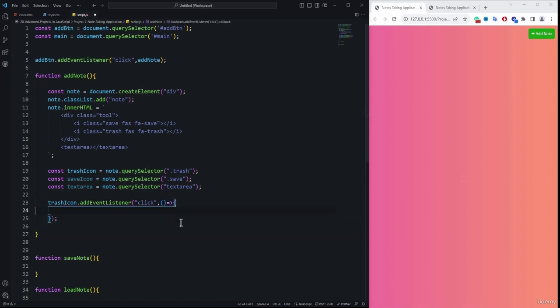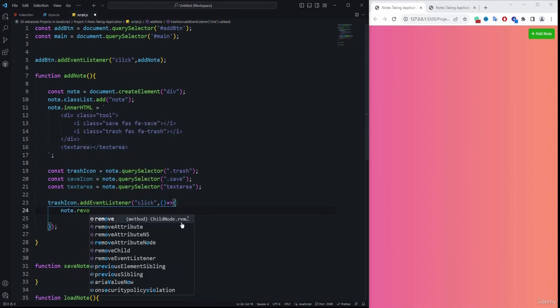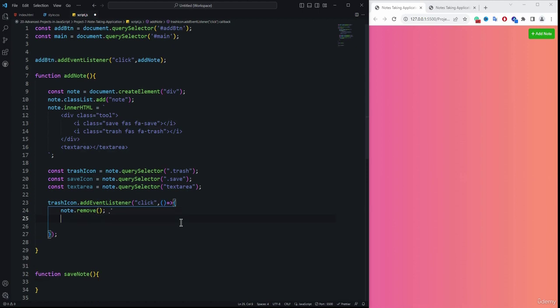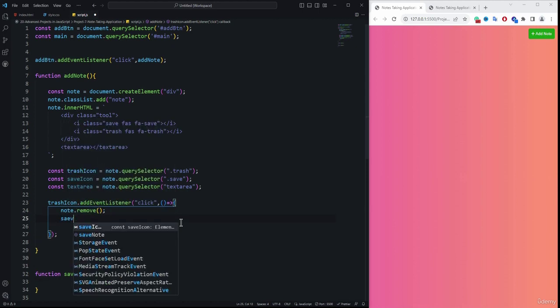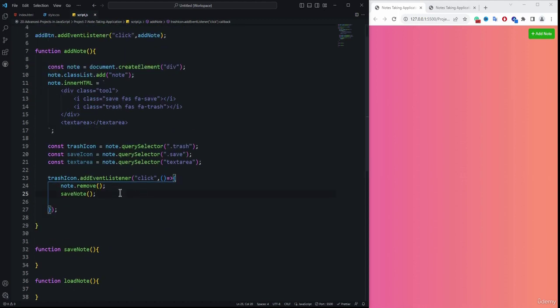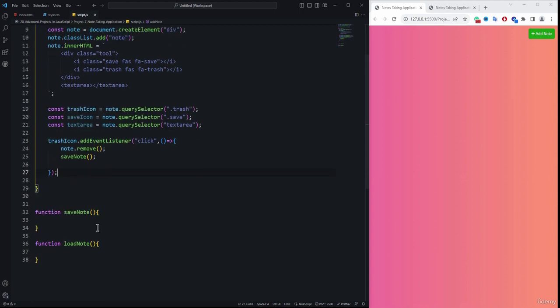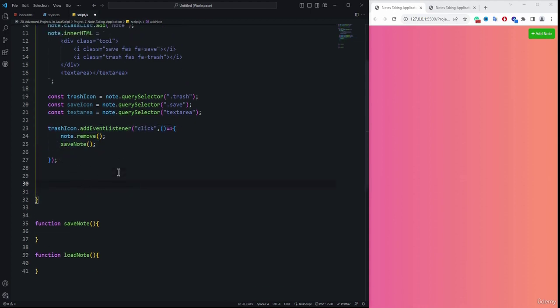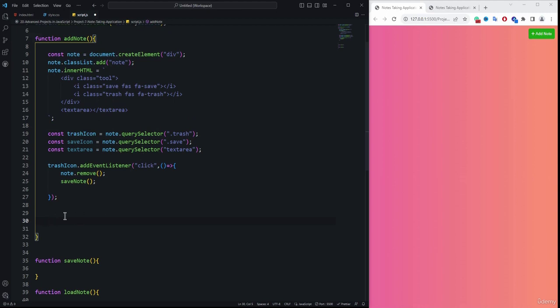Okay, and inside of the arrow function, we need to simply use the note dot remove, that is this particular function. Alright, and then we need to call the save note. So whenever we remove the notes, we need to call the save notes function. Right now it is not going to do anything because we have not specified any code inside the save note function. Alright, so this is the code for the trash icon. Then whenever we enter any data inside the text area, we want to actually call the save note function. Alright, and also whenever we click on the save function, meaning the save icon, we want to save the data